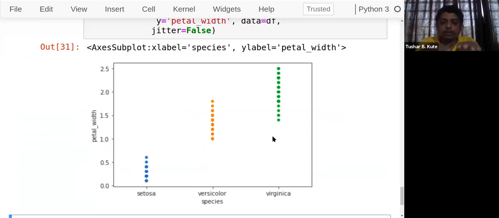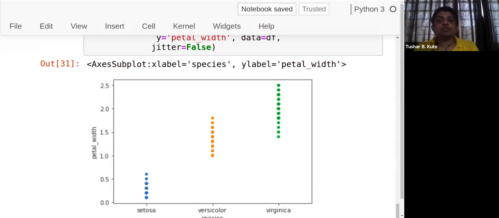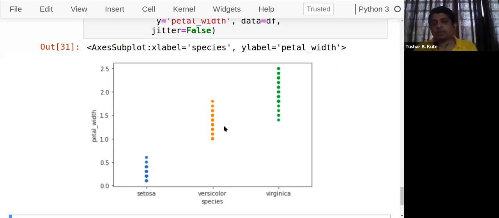And again, if you want to separate perfectly in the length, we'll have another kind of plot, which is called a swarm plot. Another option which we can use instead of jitter is the swarm plot. So exactly parallelly the values will be distributed. We can find how many elements are there in that particular length for a specific categorical variable. So we'll be using a swarm plot for that. Let's see the swarm plot now.